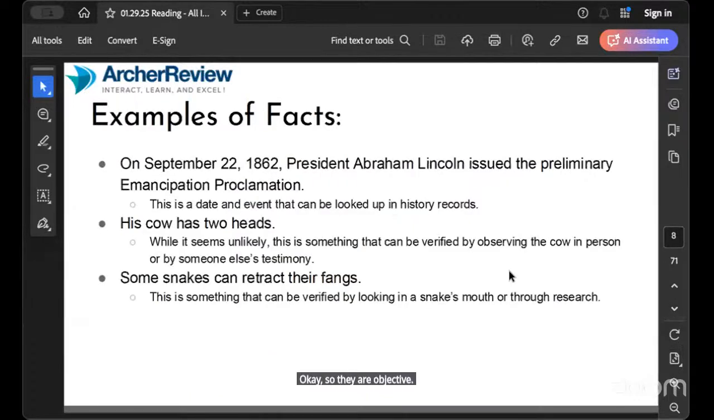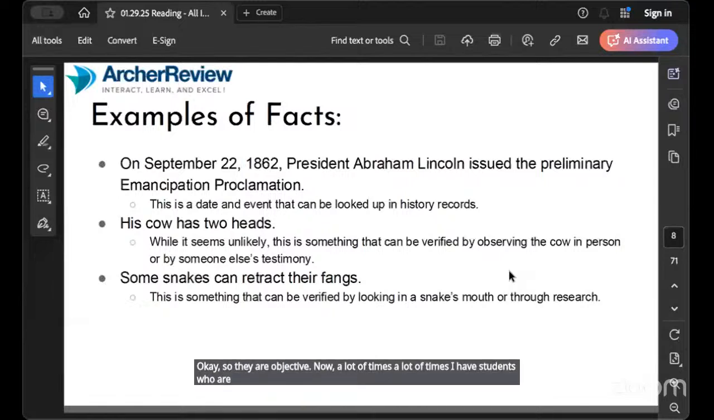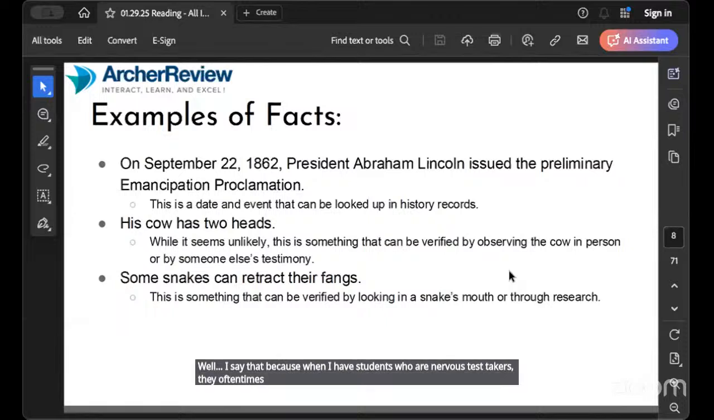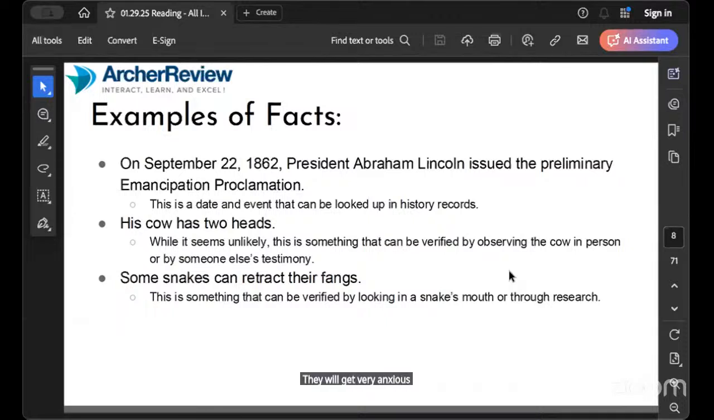Now, a lot of times I have students who are anxious test takers. I don't know about any of y'all. Are you nervous test takers? Well, I say that because when I have students who are nervous test takers, they oftentimes, when it gets to the fact and opinion section, will get very anxious because they're like, oh man, I don't know if this